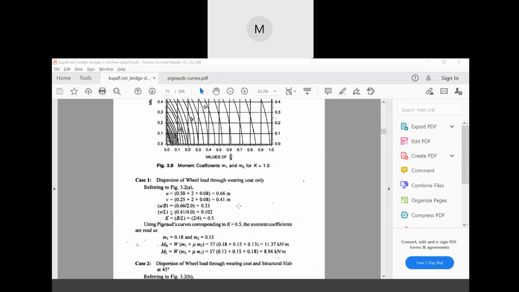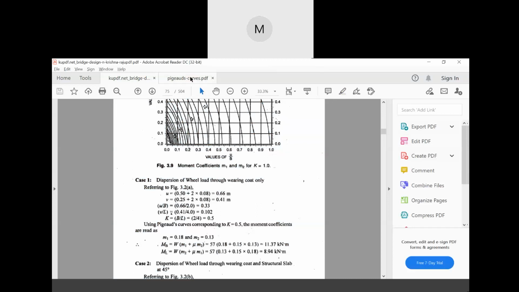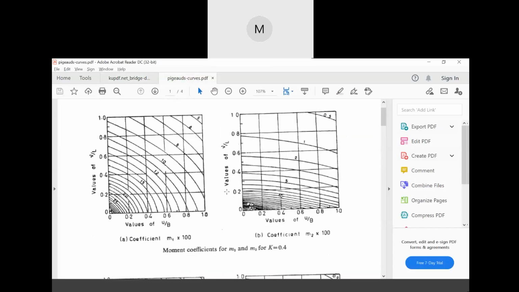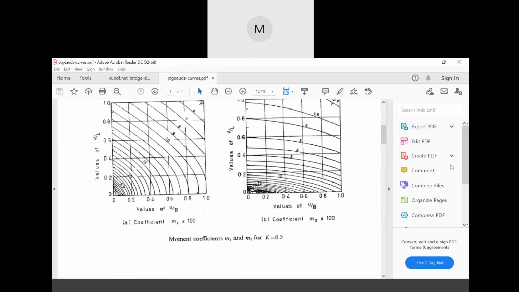So you'll have to find out now. Okay. So now you'll have to find out what? Look at this. Small m1 and small m2. So how will you find out this small m1 and small m2? Now go to your Pigeaud's curve. So here, if you see in Pigeaud's curve,